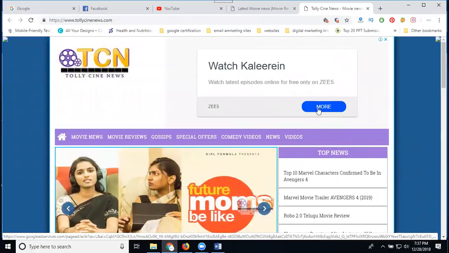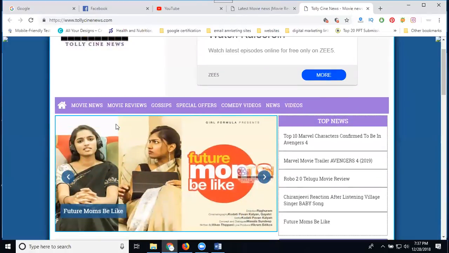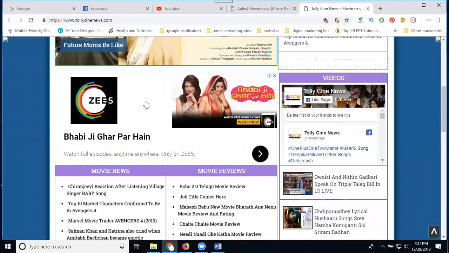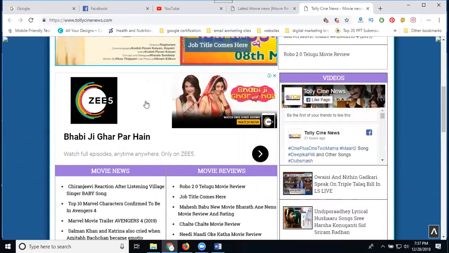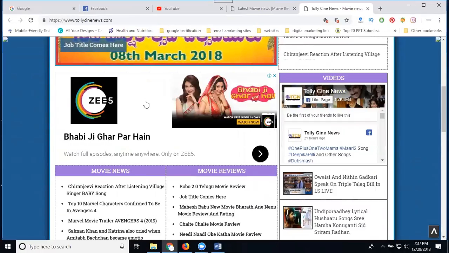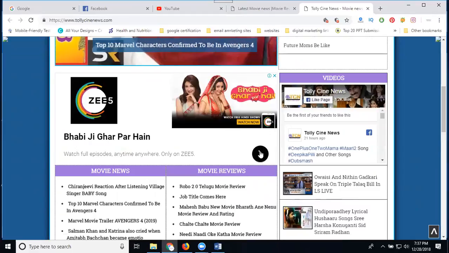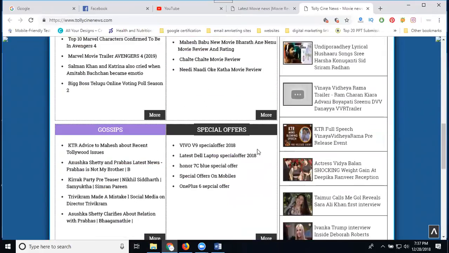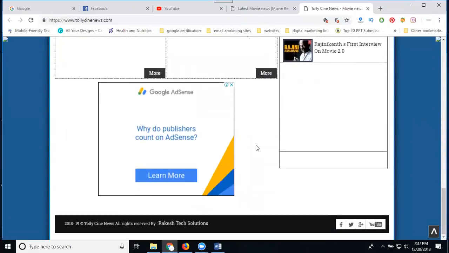The article will be there. Click for more. Just scroll down, here it is. Is it clear? This is called an in-article ad. When you click from here, you go to the particular site. See this one, animation ads.